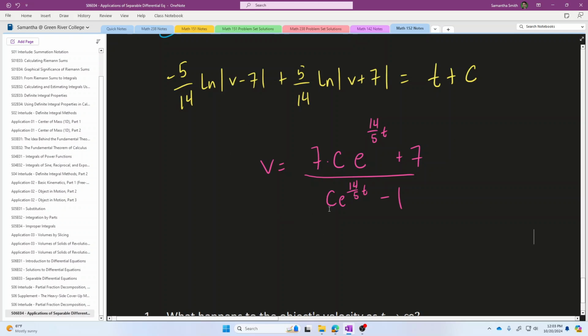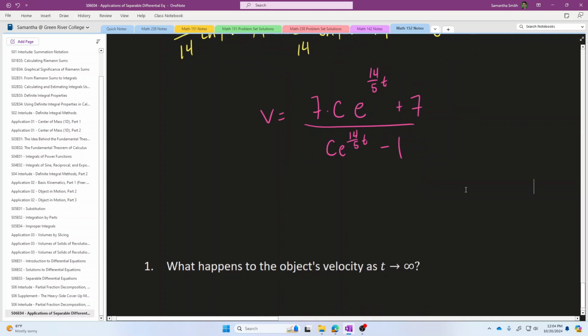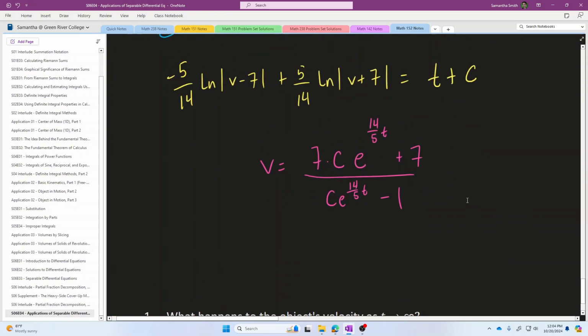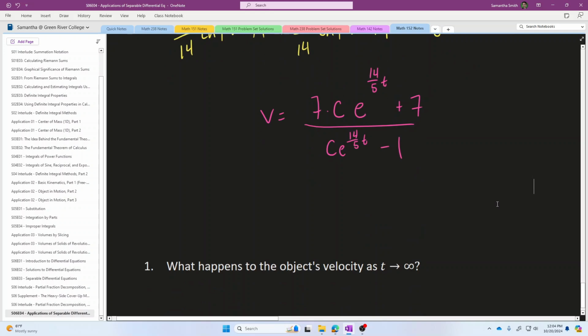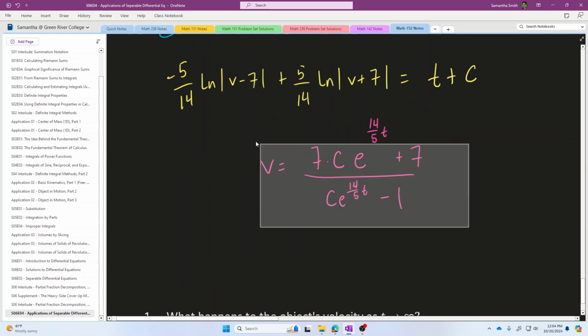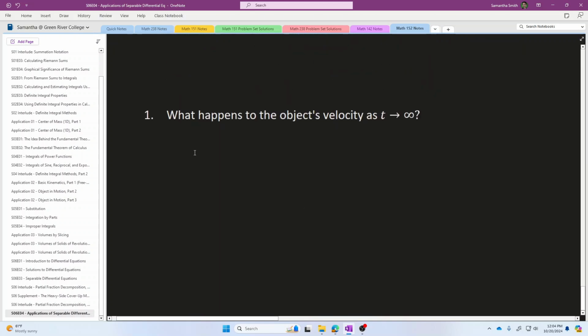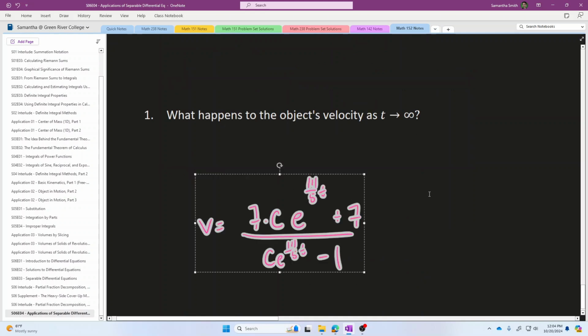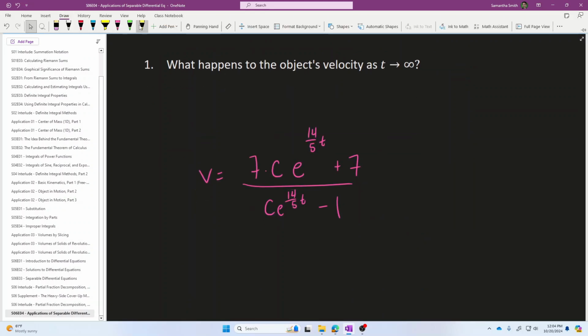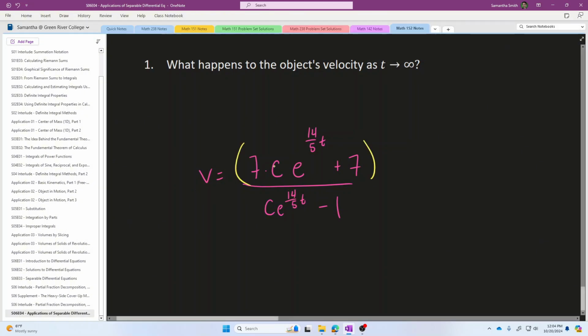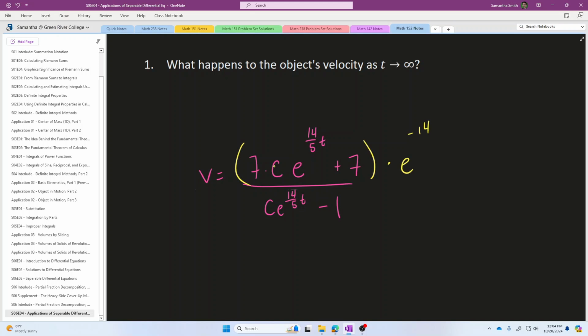Even though we don't quite have enough information about this object to find this final unknown constant c in the expression, we do have enough information here to answer one final question about the object's velocity. What happens to the object's velocity as time goes on and t approaches infinity? To see what happens to this expression as t approaches infinity, I'm going to start by rewriting the expression a little bit. I'm going to rewrite this fraction by dividing, essentially, both the numerator and the denominator by this exponential,